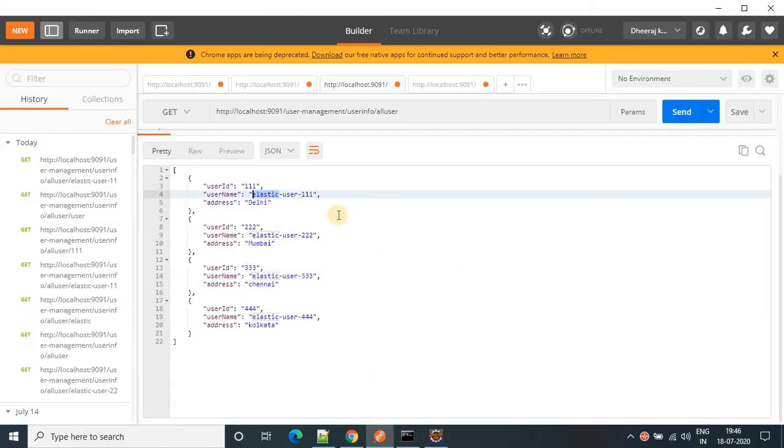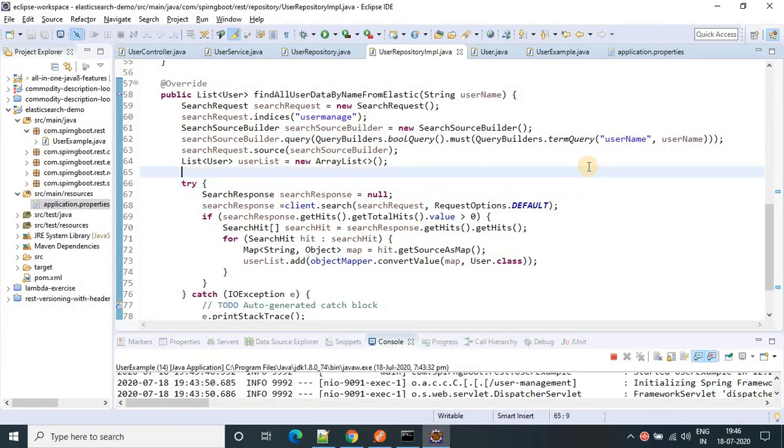But we have to tell Elasticsearch that you have to find all the values based on the exact match. Don't search with elastic, then user, and then this one. You have to search based on the exact match. So how can we do this implementation in Elasticsearch? For that, we have to tell the Elasticsearch analyzer.